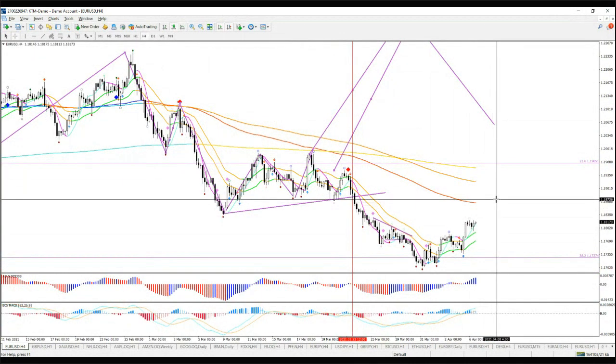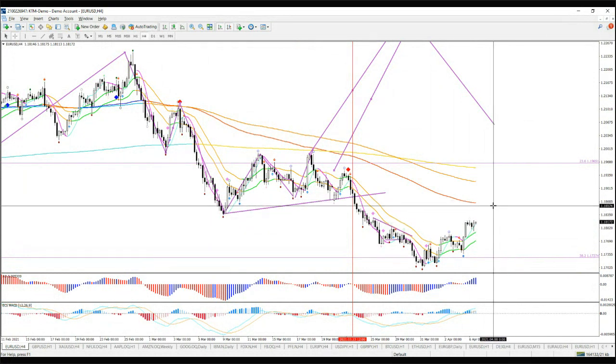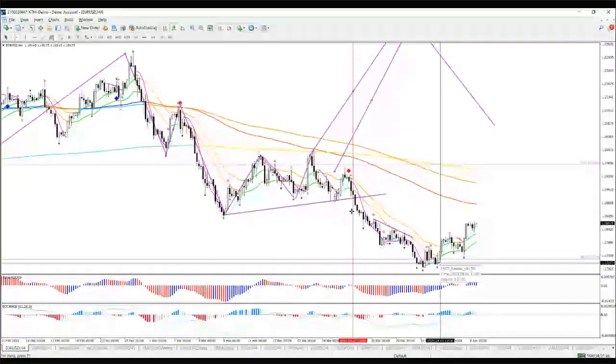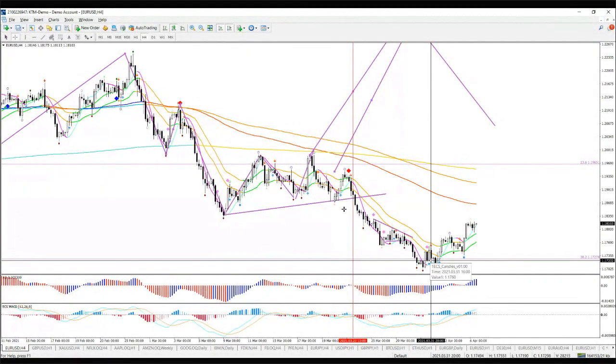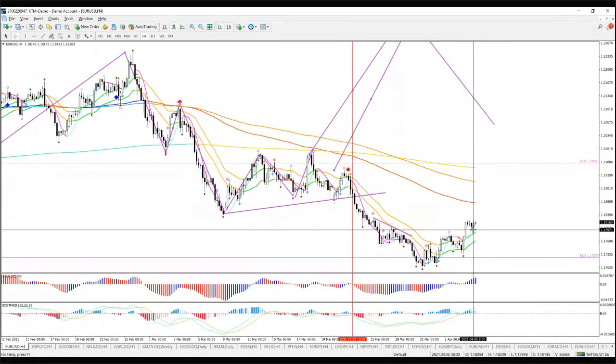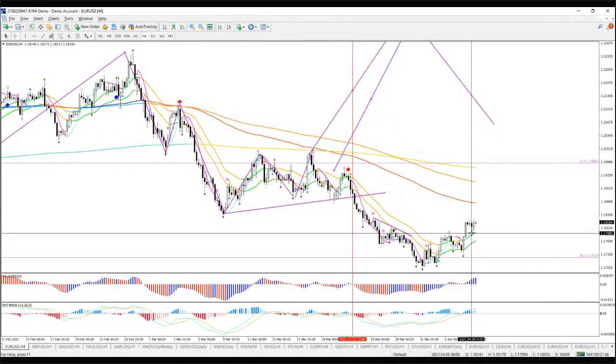It hasn't reached that yet, but it's getting very close. I think there's an 80% or 90% chance of price getting there soon. But even if it doesn't get there, I think the bounce at the 38.2 fib can be considered correct. Any trades around this fib can be moved to break even, and nothing should be lost based on that analysis.